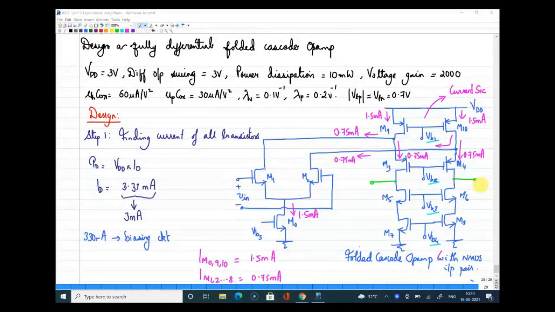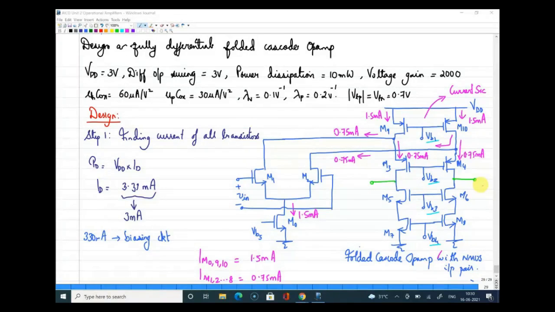All right. It is up to the designer how you divide this current. Instead of dividing it equally, I can also try 1 milliamp to one branch and 0.5 on the other branch. If the specifications are met, we can go ahead with it. But dividing equally is what we can start with, and once the spec is not met, we can go on further and change it.